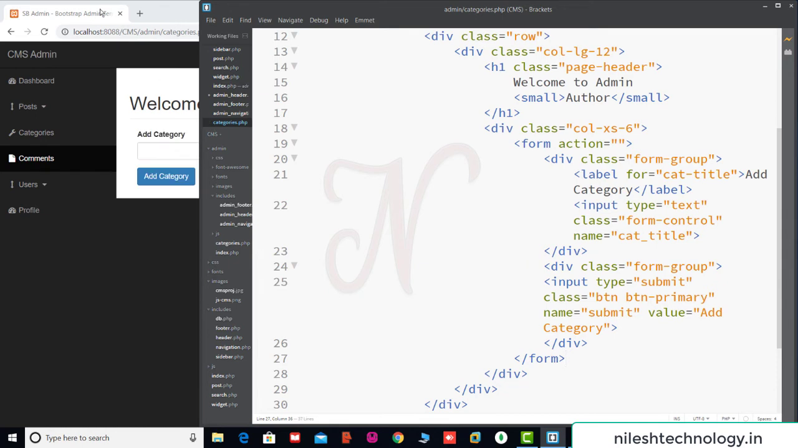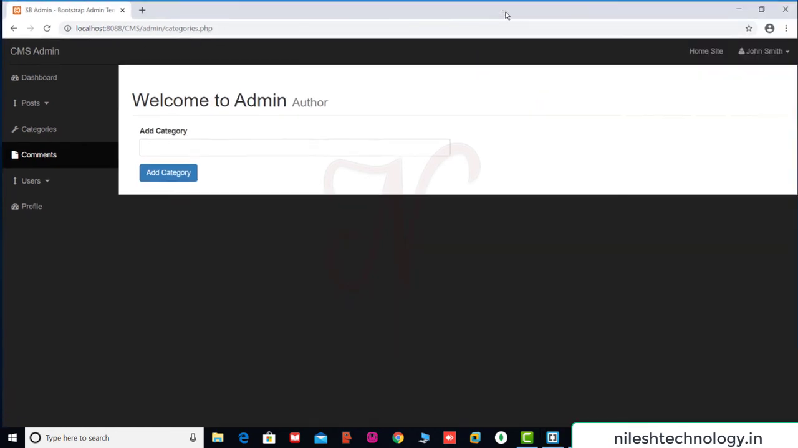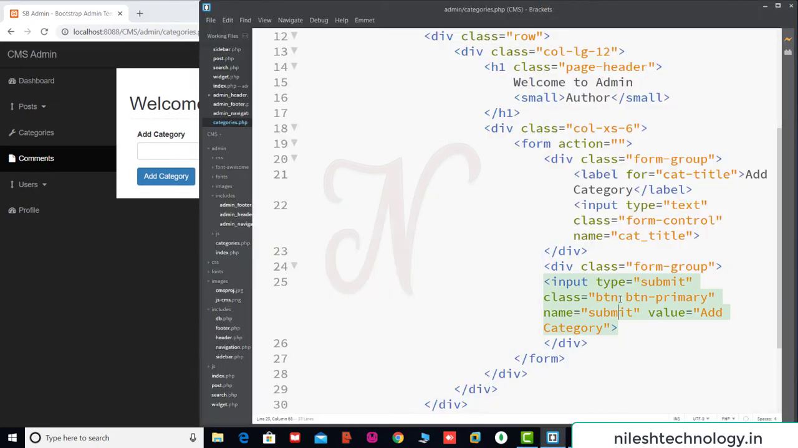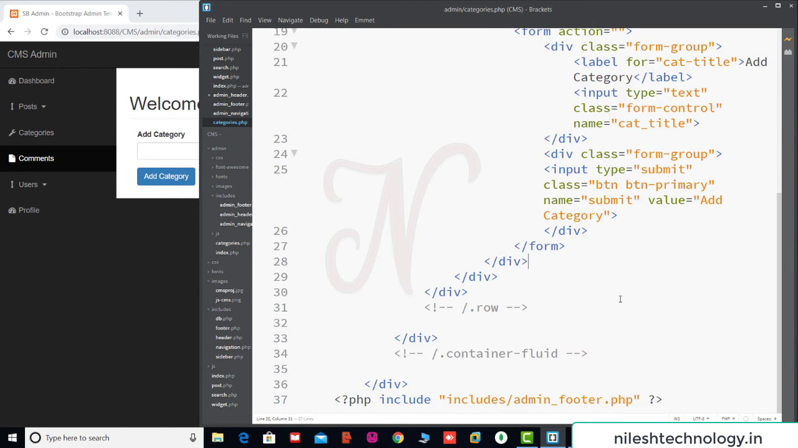See here. Okay, fine, perfect. This is the add category text box and this is an add category button. Okay, now this button is not performing any action because we just designed this form. Then on this right side we display the table content. So first we create one dummy table. So see here, after closing this form,